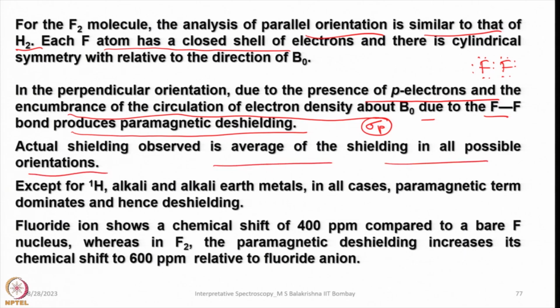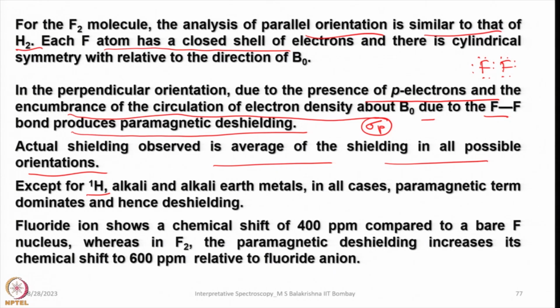If you ask me why I am considering only parallel and perpendicular: yes, these two are taken after considering averages of shielding in all possible orientations. When you consider all possible orientations at all angles, you have to take two extremes, one perpendicular, one parallel. Only those two are considered, since they are averaged. Because of this, except for 1H and alkaline earth metals, where we come across only s electrons in the valence shell,